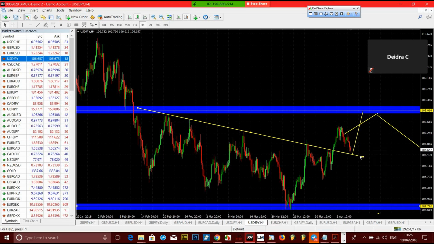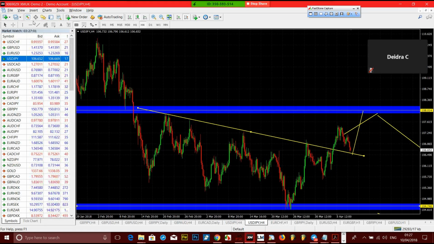So some people could even say, okay, pick it up from here. And I think this would be my cue for entering, but I just want to give it a little room. I'm in no rush to take this trade, so I'm just going to keep it here. So you may enter early, but if you enter early, you might need to make your stop loss wider. There are levels here as well. There's a level, it's just that it's not so smooth.